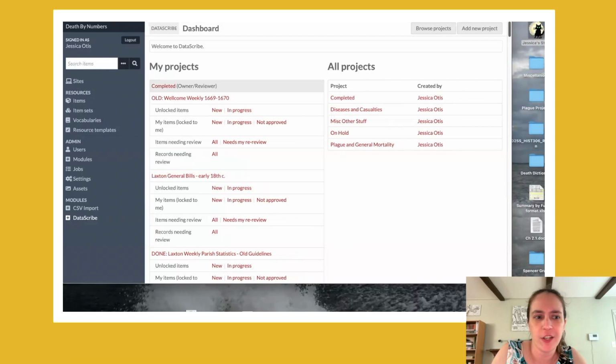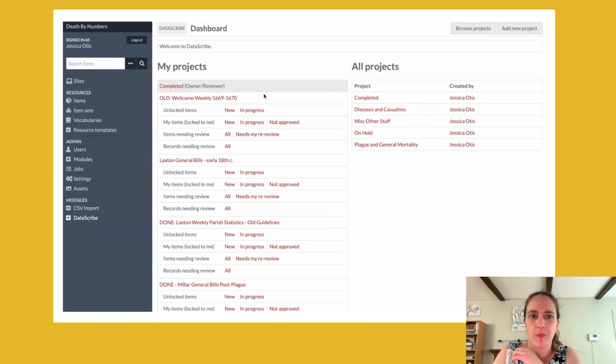And I don't have a good slide immediately to hand on that, but I could just open it and show you what it looks like. So here is the module. You can see the projects that we've got going. The plague and general mortality are the front of the bills. The diseases and casualties are on the back of the bills. Miscellaneous other stuff is like the age data and the bread data. And then you can see I've got some other ones that are just sort of